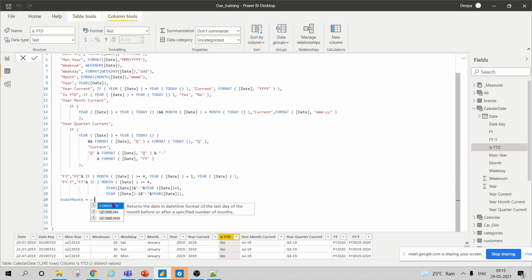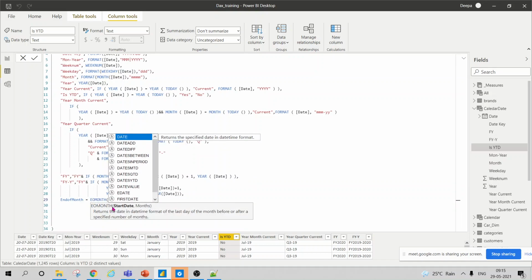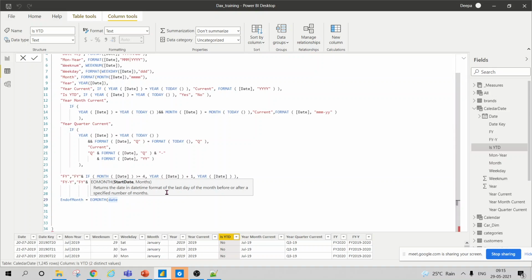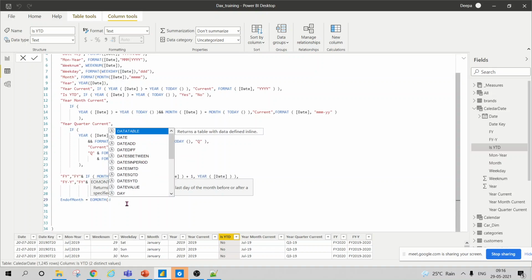So I will just write it on the date function. It returns the date in date time format of the month before or after the specified number of months, like how many months you want to take on. So it takes like that.